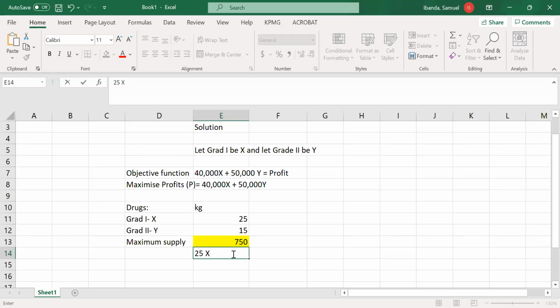Okay, so 25 is the number of kgs that are required for each patient. So 25 times the number of grade 1. Maybe I could just add something here. Let the number of clients for grade 1 be X. So when you multiply 25 times the number of patients X, that gives you the total number of drugs that we need for patients of grade 1, plus